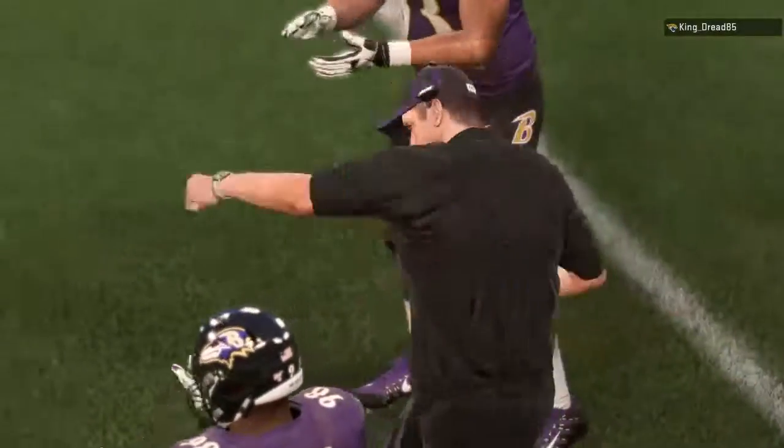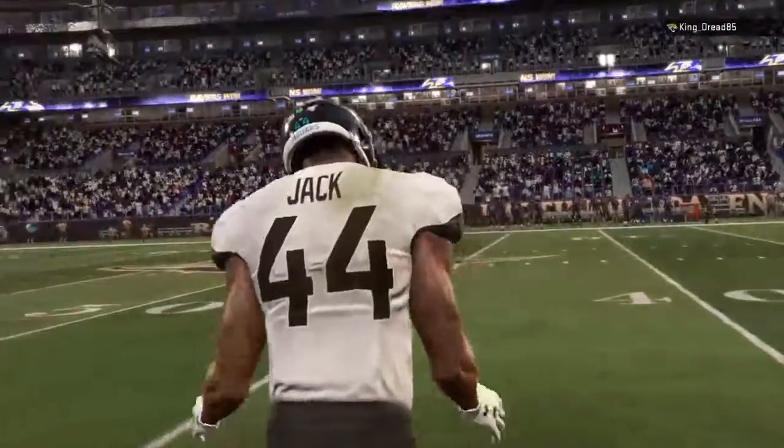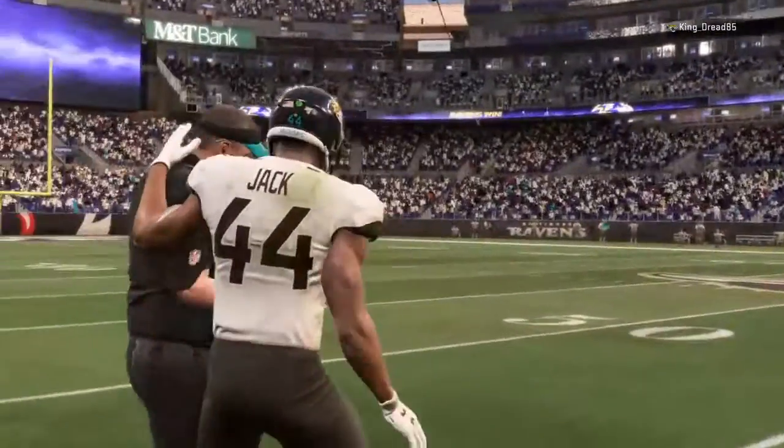So the final seconds tick away in this Baltimore victory, and they were really helped by their defense, forcing 3 turnovers. I think what we saw in this